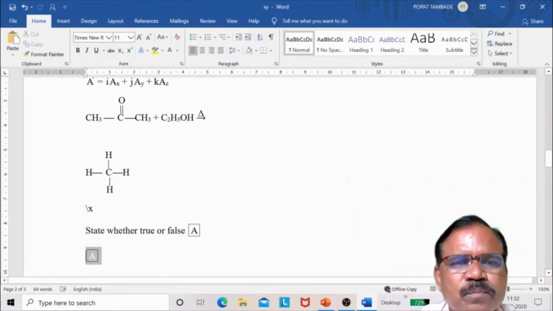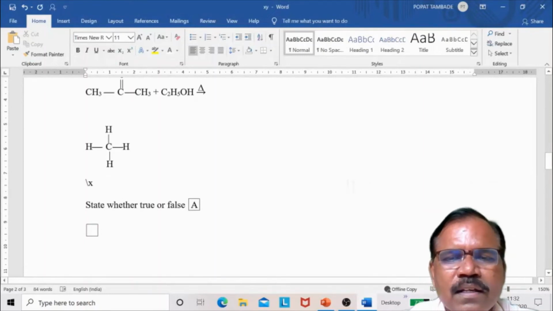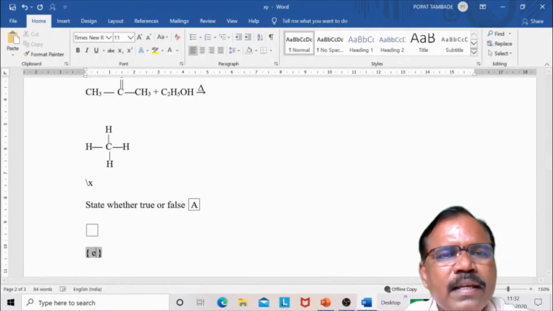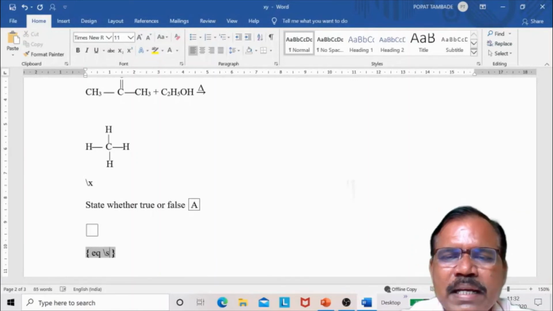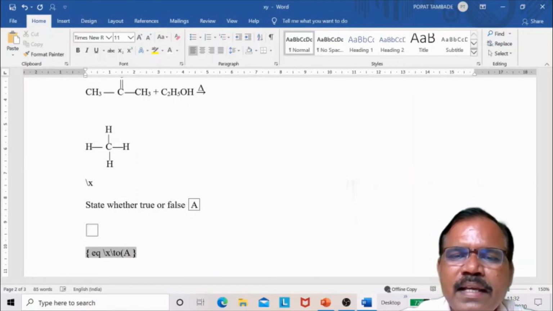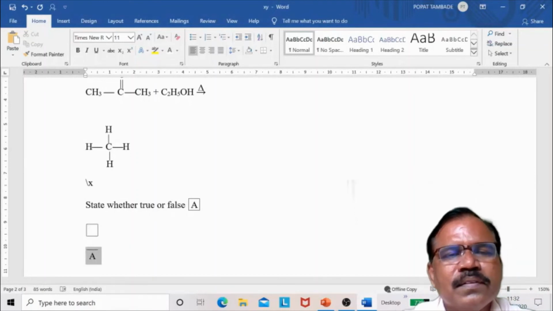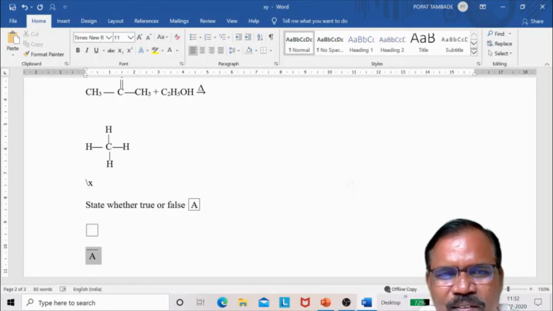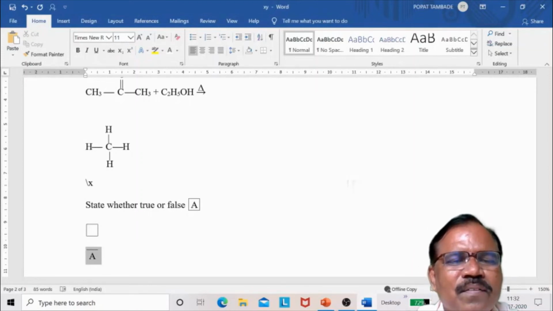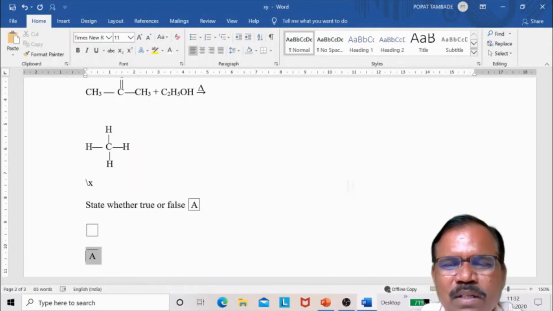Now suppose I take here same one again, control F9 EQ backslash X backslash TO, and then I type here A. So only top is visible. In this way you can take at the bottom also.